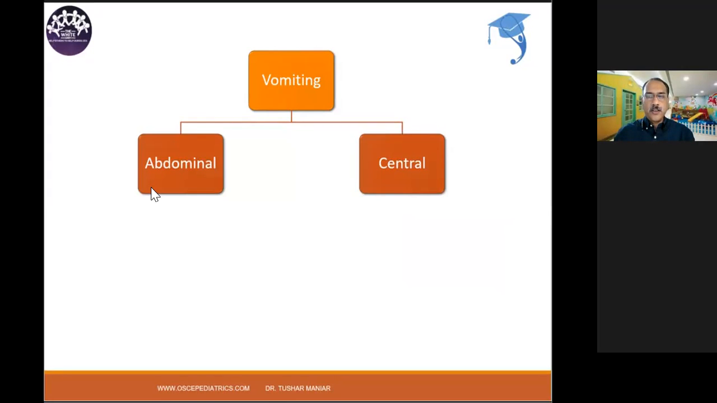Toxemia, somebody has written. Okay. Meningitis. What else? Meningitis is again raised ICT. Yes. Drugs affecting the CTZ region. Metabolic conditions, right? You have metabolic conditions which can give rise to vomiting, whether it is uremia or whether it is